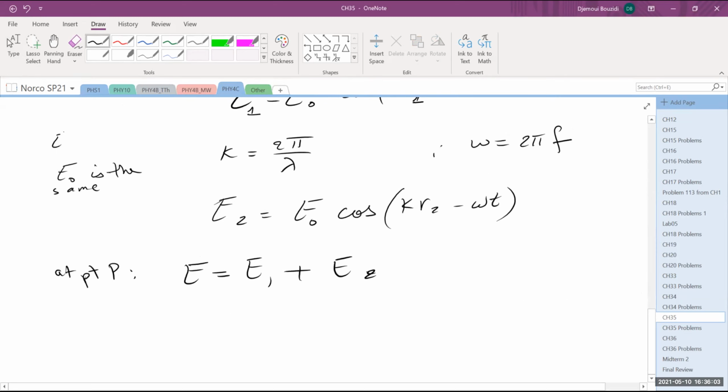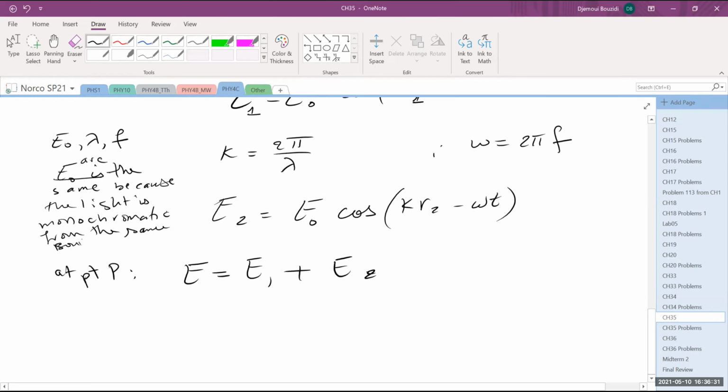As a matter of fact, it's not E naught only. E naught, lambda, and F are all the same because it's monochromatic light coming from the same source. And the same source means something very, very important, because if the source is sitting in the middle in here